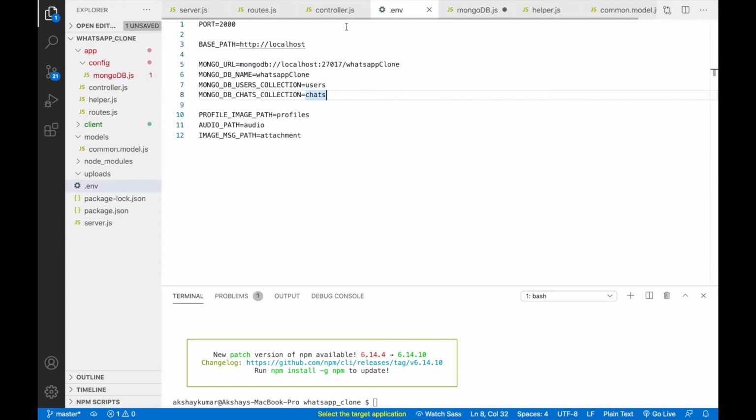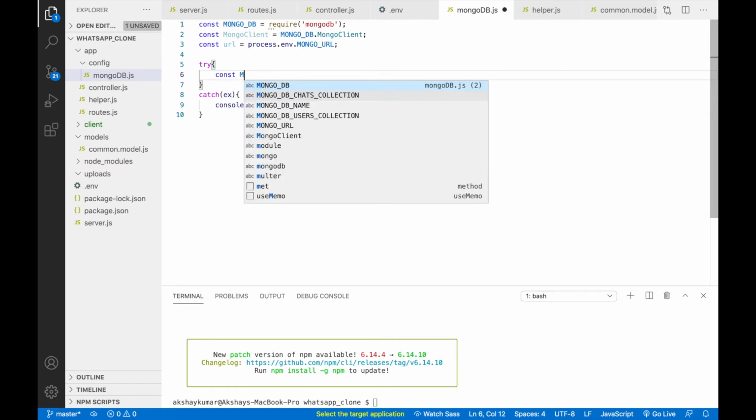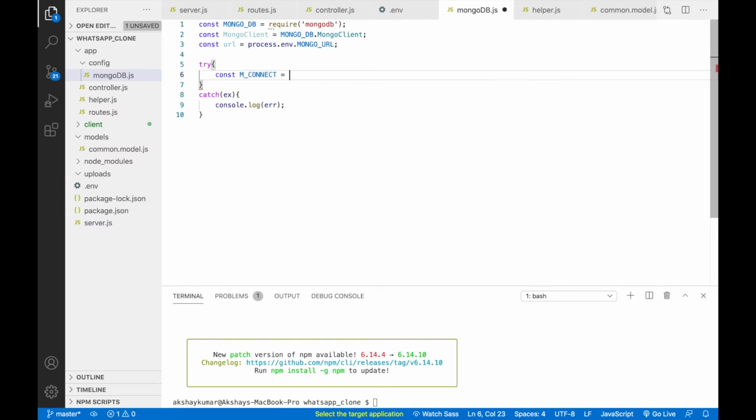So this one. Now we'll do a try-catch block. Inside catch we'll just console.log if any error is there. And inside try we'll write const m_connect equals to mongo_client.connect.